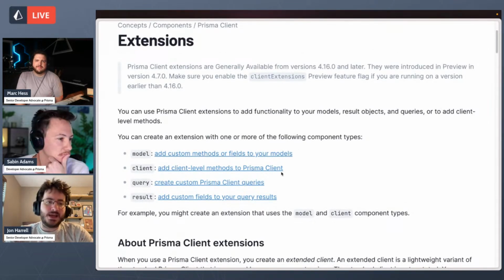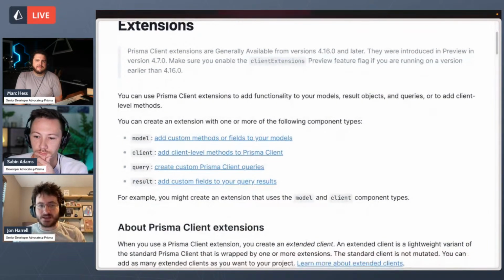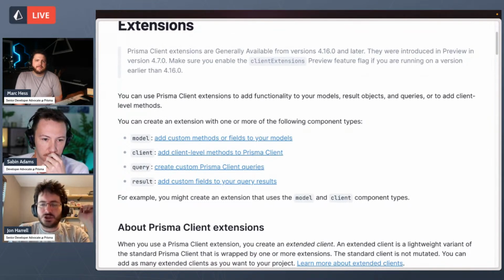I would say that there are way more cases where you should use client extensions than you shouldn't. The one case where I say you shouldn't use a client extension is specifically within model extensions. You should not extend a built-in model field or a built-in model method. So you should not try and extend something like findMany,